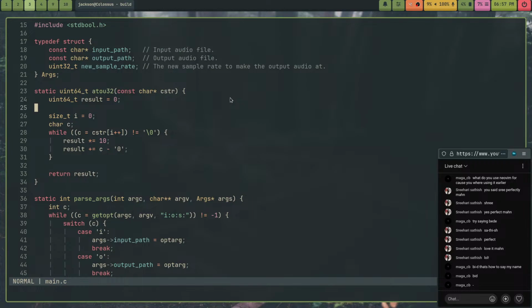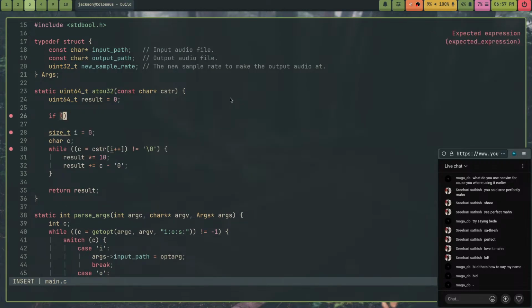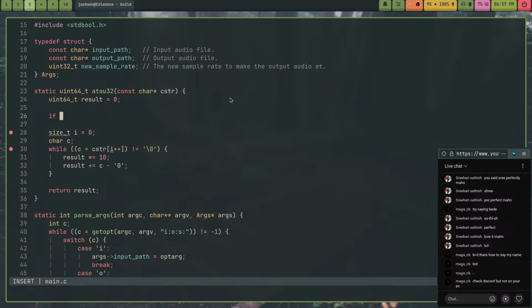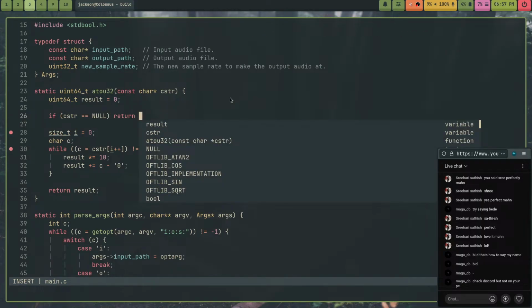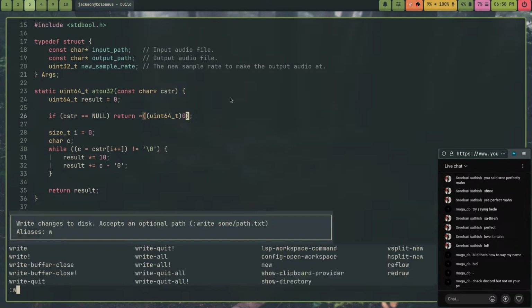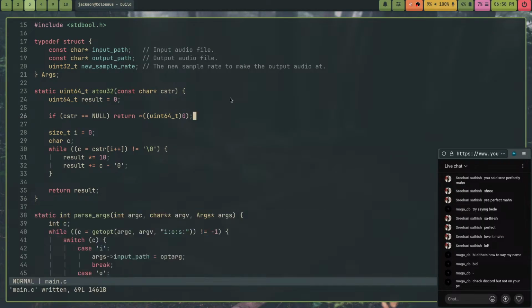So I want to say, if cstr[0] is null, return the maximum of a uint64_t. And then I want to say